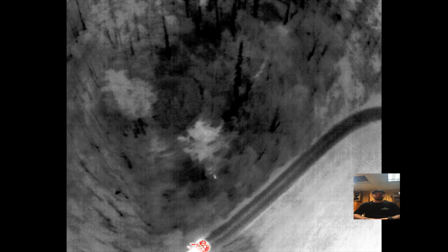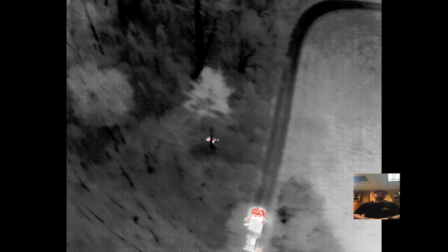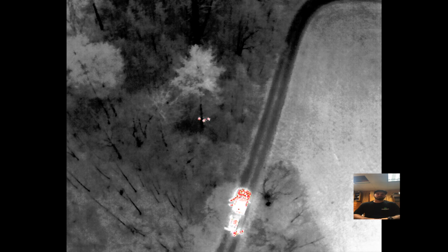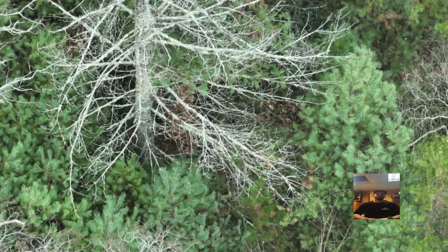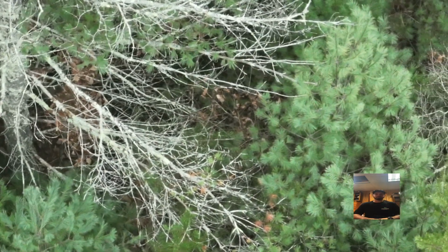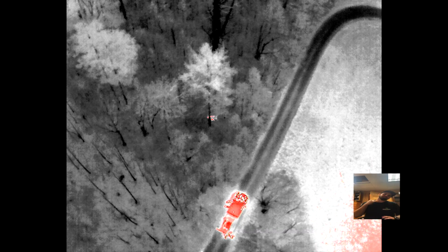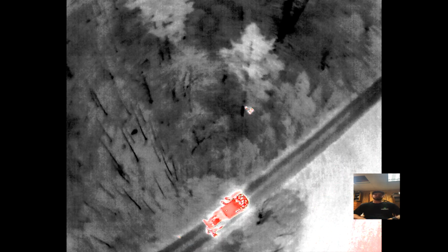Even whenever we swap back over to the zoom camera here, trying to get a good angle on it, you can barely make out the deer. I mean, without the thermal on this, it would be really, really hard to pick up what is the deer and what's not. So it was a cool deal. The whole thing lasted 4 minutes. Like I said, we knew about where the deer was. We just didn't start right there for the purpose of